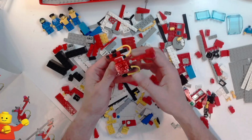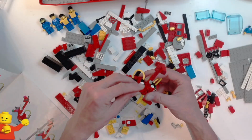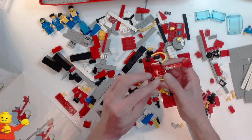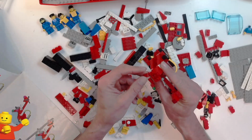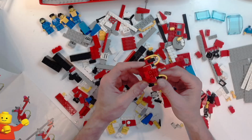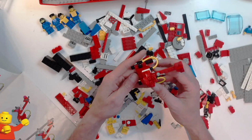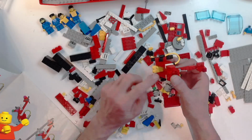And then we've got some sloped 1x2s on either side of that. So that's going there. And the 1x2, whoops, 1x2 sloped there. And then we've got the 2x3 plate in here. That's one of the plates that we had to